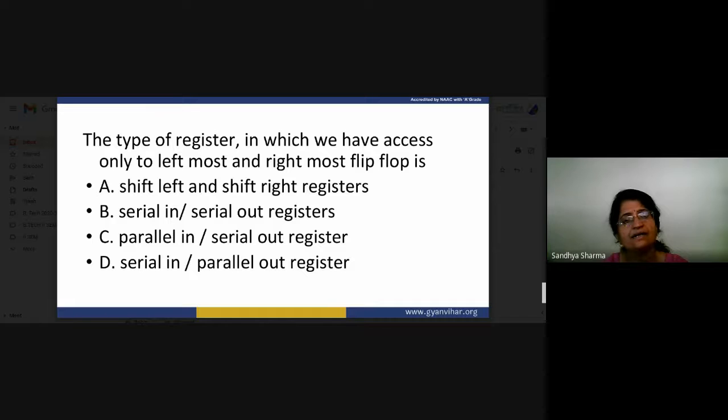So how we can design a counter? If we are working on the counter, this is basically for counting purpose. Either you want to count upward or you want to count downward. So this method we can use. In many applications we have to count something. According to clock signals, if you are counting the number of clock signals, we can also count the decimal number. So this is a process which we can apply in our different applications.